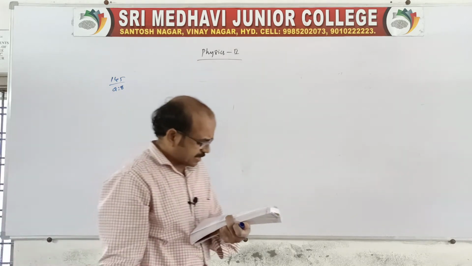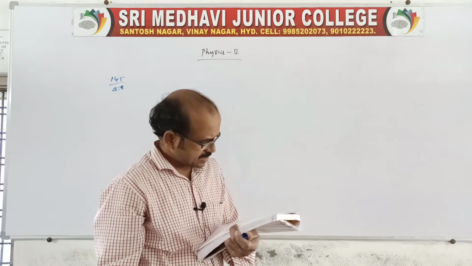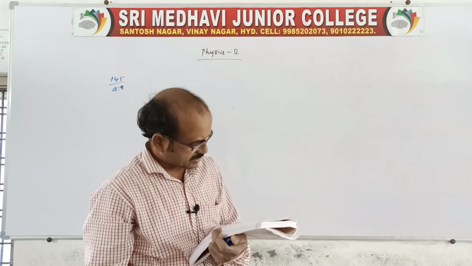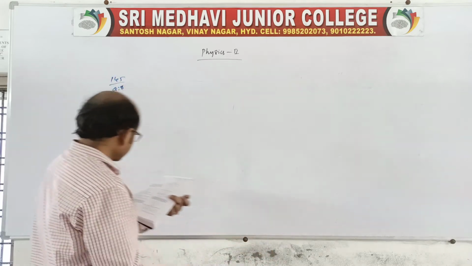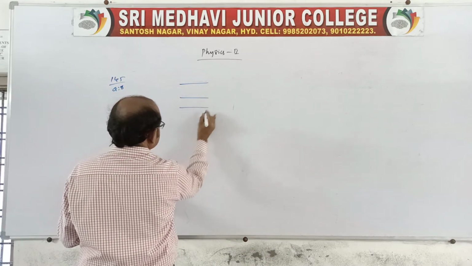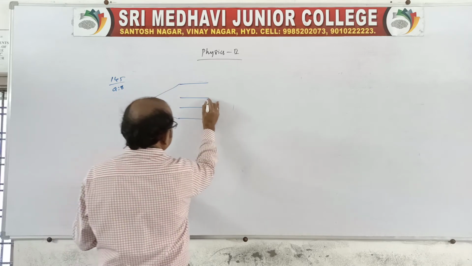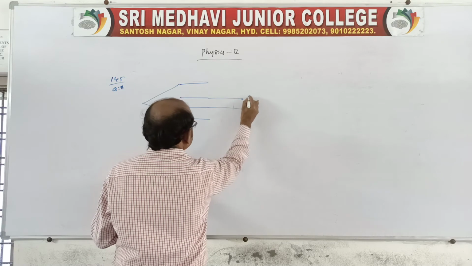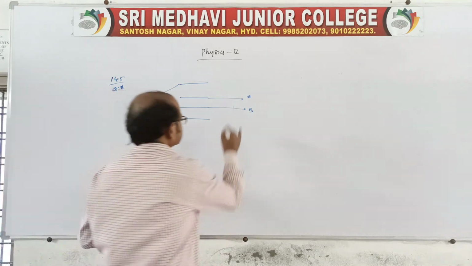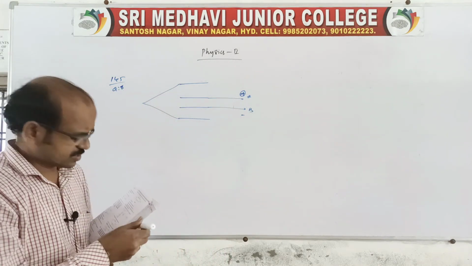Four identical metal plates, each of area A, separated mutually by a distance D, are connected as shown. Find the capacity of the system between the terminals A and B. So there are 4 conductors arranged. Look, this is one, and there will be this one, connected to these 2 terminals, and to A and B. Your wish: suppose you want A as the positive terminal and B as the negative terminal. Otherwise you can change it also, no problem.